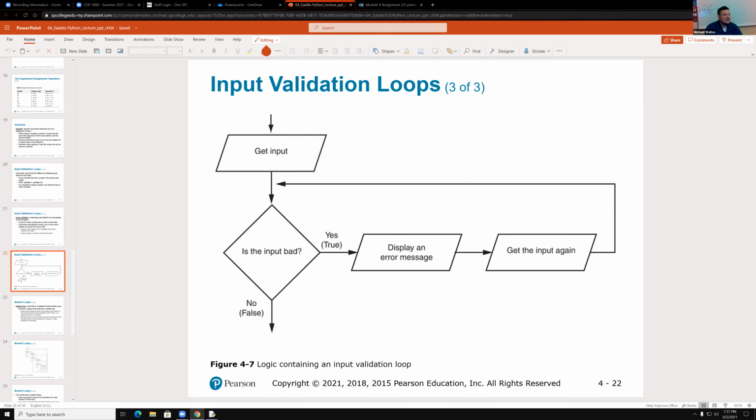So this is just an example of a flow chart that talks about what we just did, which is, we're going to get input. We're going to check to see if the input is bad. We're going to display an error message and then get the input again. That was the one thing we didn't really do, which was to say,